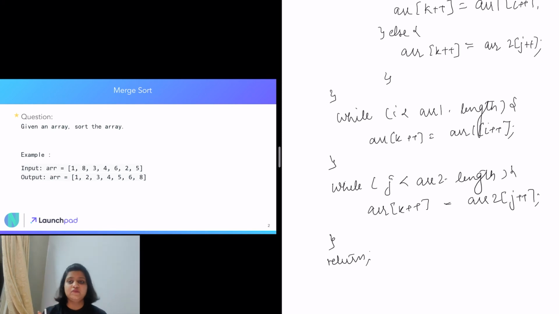And so the merge function, which had to sort the elements from L to R, first sorted the elements from L to mid by calling the same merge function, with the indices being L and mid.